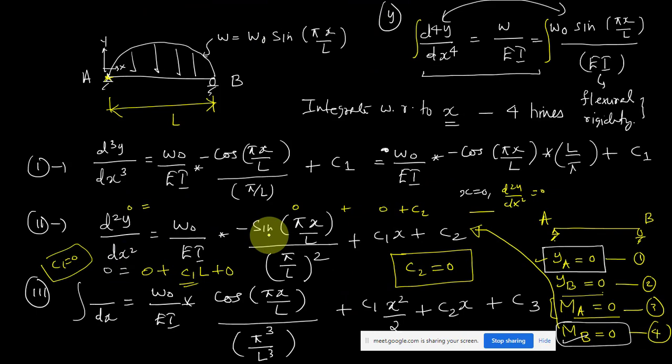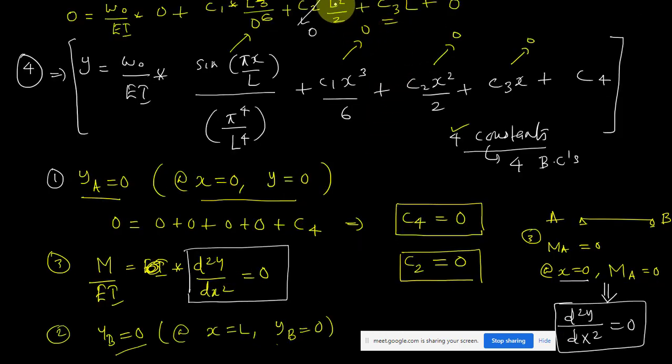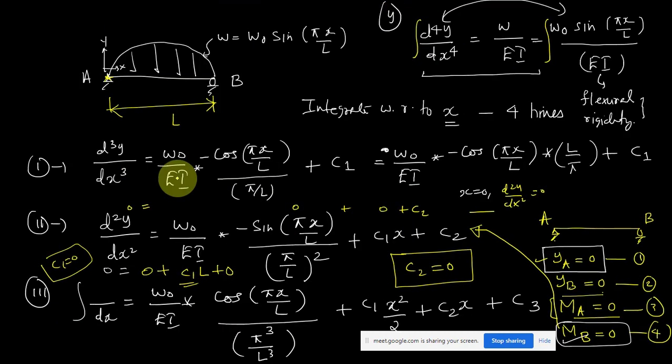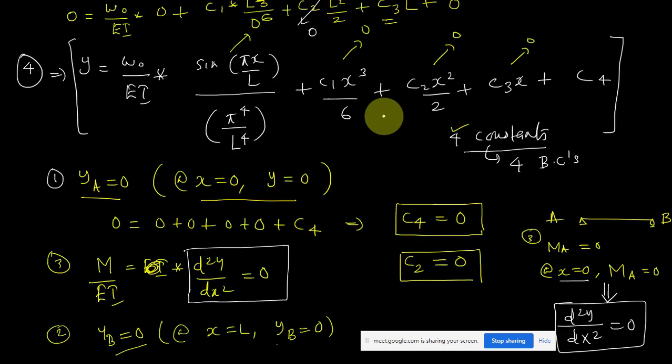I will give the detailed solution, don't worry, I am just explaining the procedure. In this example, all the constants of integration will become 0. C1, C2, C3, C4, everything is 0. You just sit and write properly and you will get it. If you have any doubt right now, ask. Once you take C1 as 0, this term will cancel, everything will get cancelled.